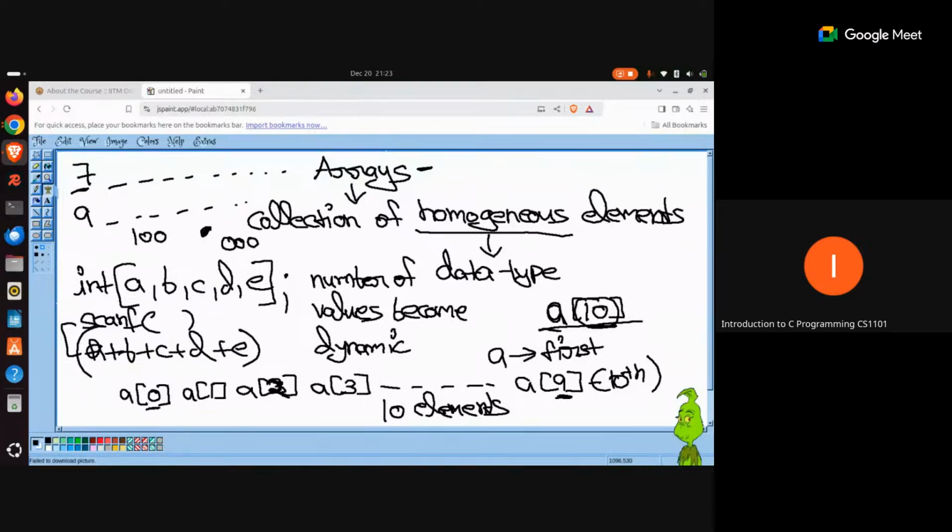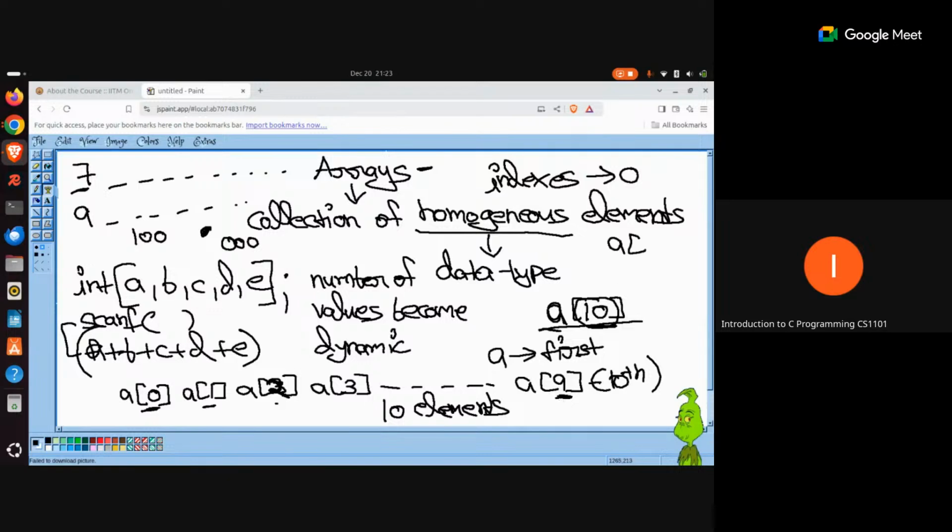This is also an important concept: the number that you write within these subscripts is known as the index. Indexes in C begin from 0, or you can say indexes are 0-based in the C programming language. Since the indexes begin from 0, the last element always has an index one less than the actual length of the array. Since we took the example of 10 elements in the array called A, we ended up with A[9] as the last element.